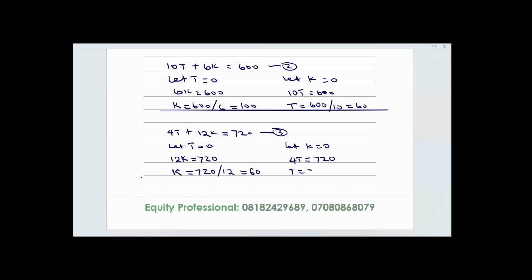Therefore, T equal to 720 divided by 4. This will give us, what do you have? 180. Okay. So that's that. Now, the next thing we want to do is to